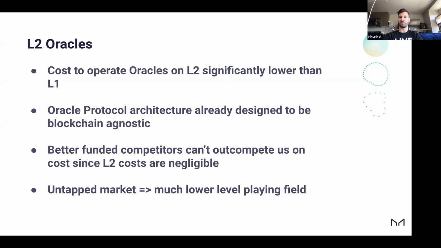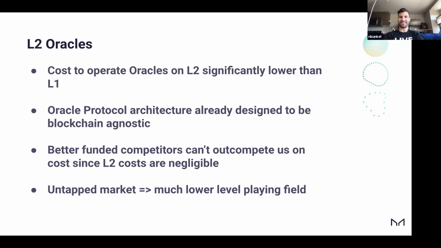And when I say layer two, I'm talking about things like optimistic rollups. I'm talking about things like zero knowledge rollups and all of the hybrids in between, right? There's ZK Sync, there's Arbitrum, there's Starkware, there's Optimism. There is all kinds of these layer twos. But there's even some non-layer twos that like to call themselves layer twos, like Matic, for instance, right? Isn't that an exercise in creative marketing?